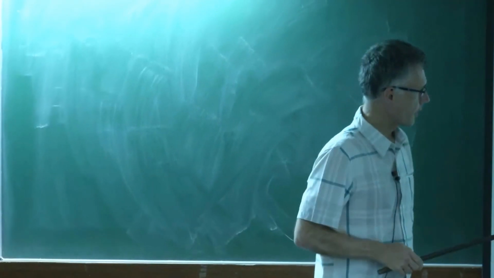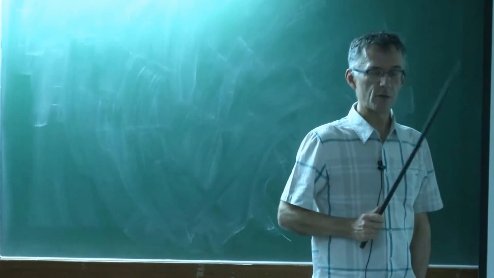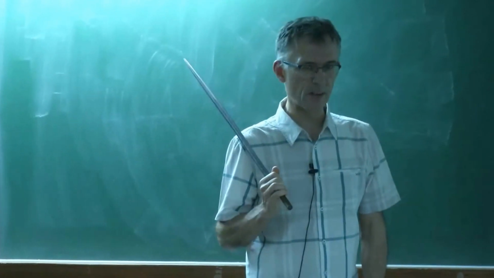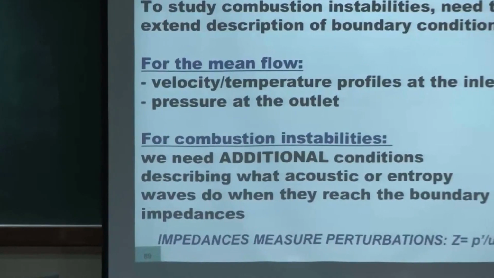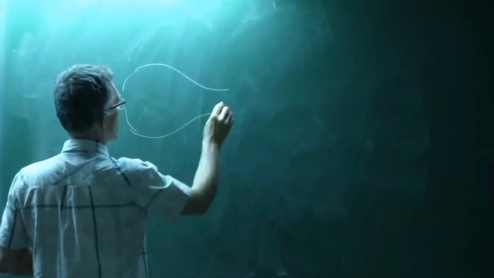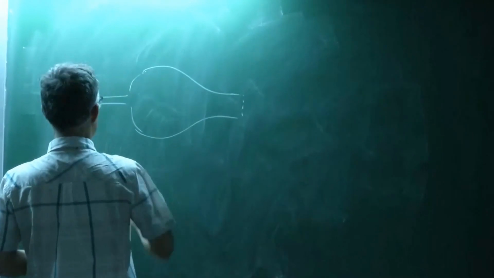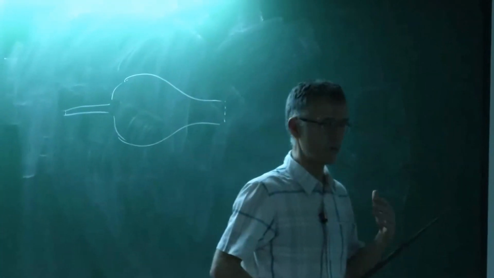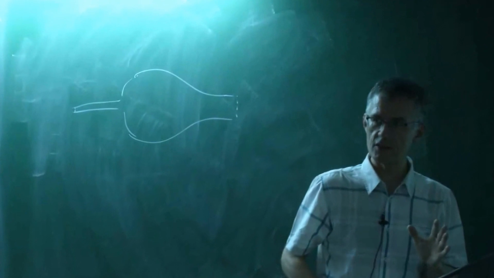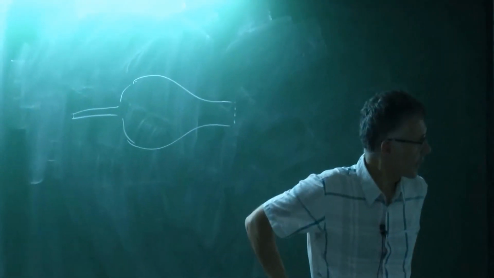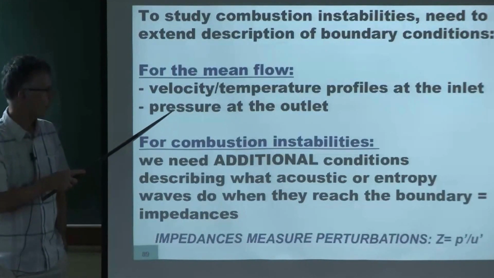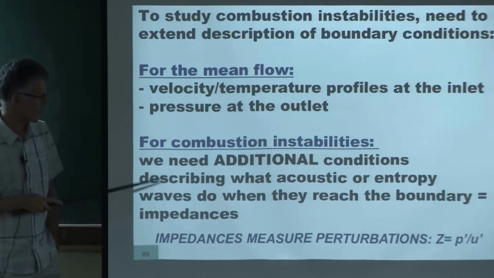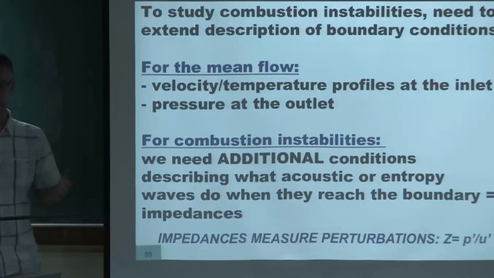To go back to what we were discussing, we said that what was very important if you want to compute combustion instabilities was to know the boundary conditions at the inlet and the outlet of your combustion chamber, here and here. So that really means that when you do CFD for combustion instabilities, right away, you need to forget what you were doing before. You cannot say, I'm imposing the velocity and the pressure. You have to describe things also in terms of impedances at the inlet and at the outlet,